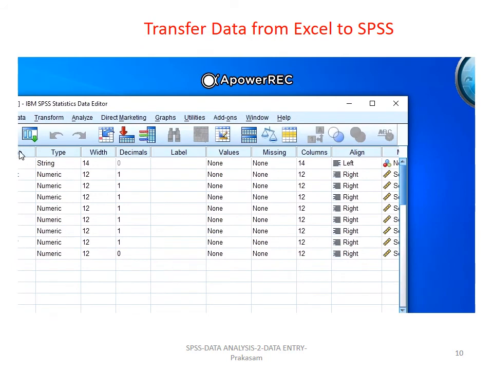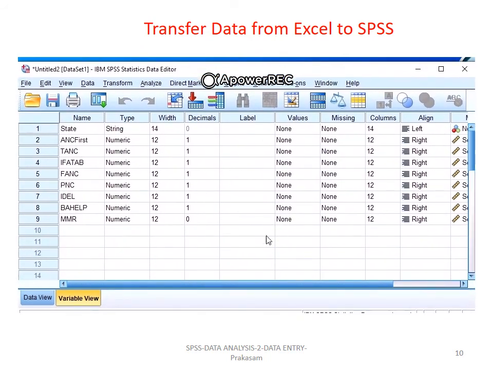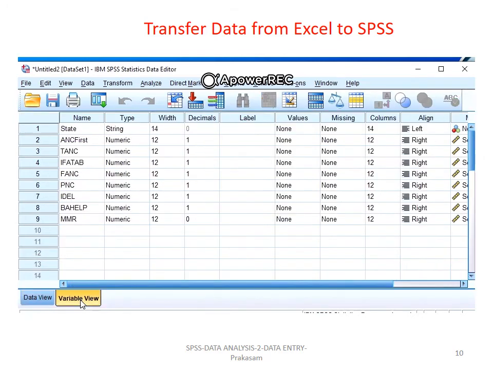Once you click, you will get the entire information about the state, and if you click Data View, you will find your entire data set, as well as in the Variable View you will get the variables except the labels. Then you write the labels here, that is the name of the state and so on.